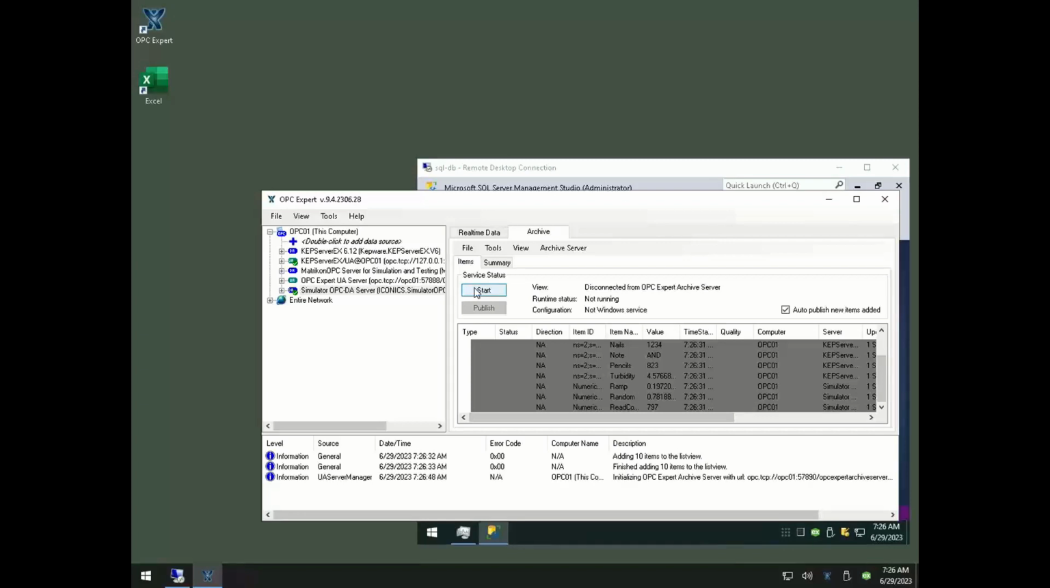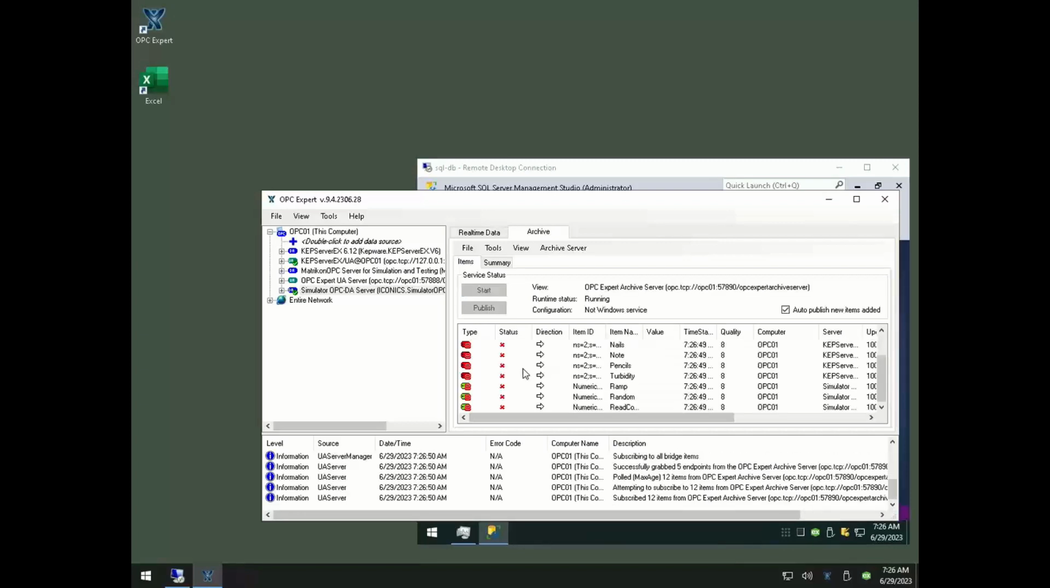Now again, red is bad, green is good. So here we go. It's just setting up. The source is red. Now it's green. We get green check marks, which is pretty universal that, hey, everything is okay. So there we go. So we're collecting real-time data from OPC UA and DA, and right now we're sending it